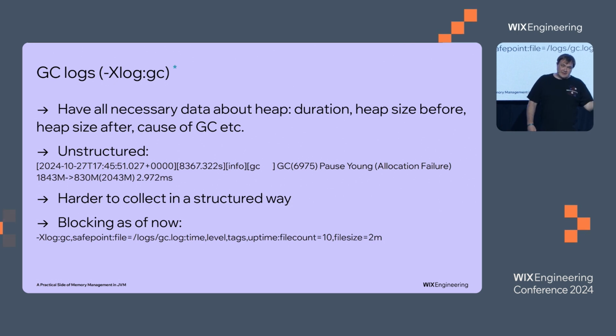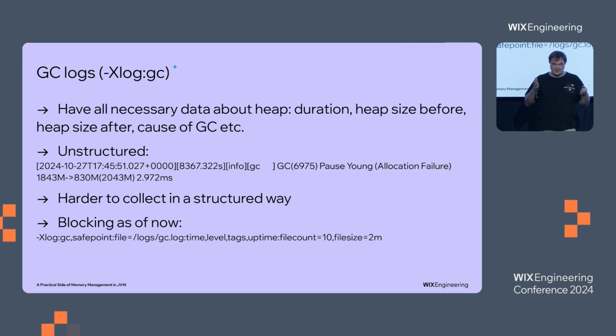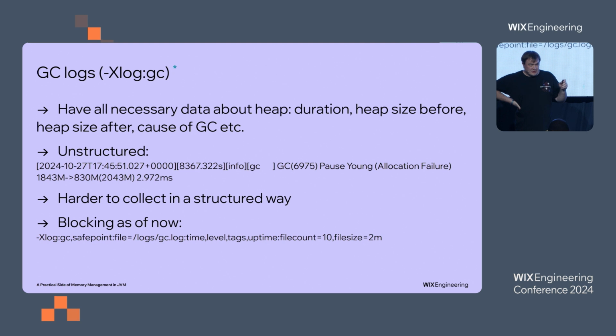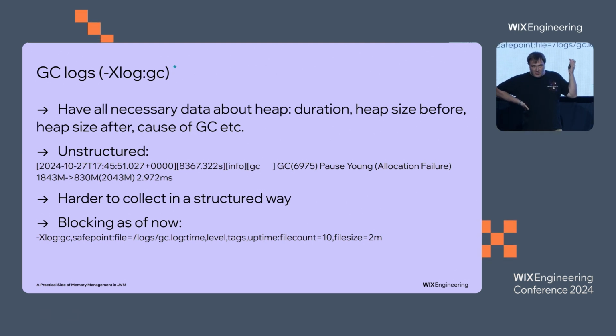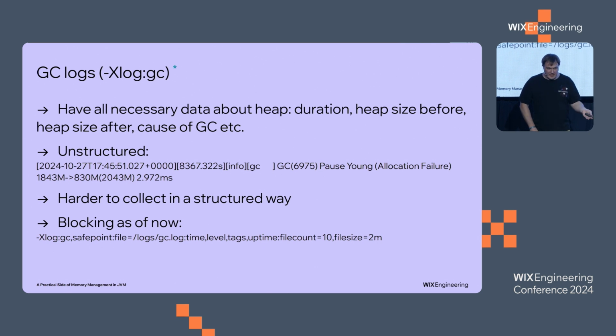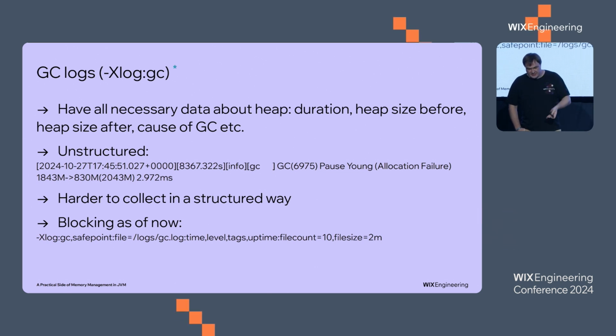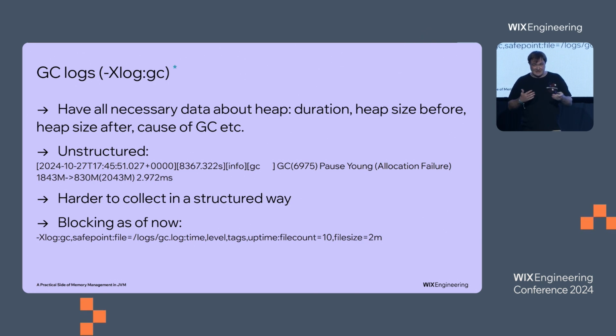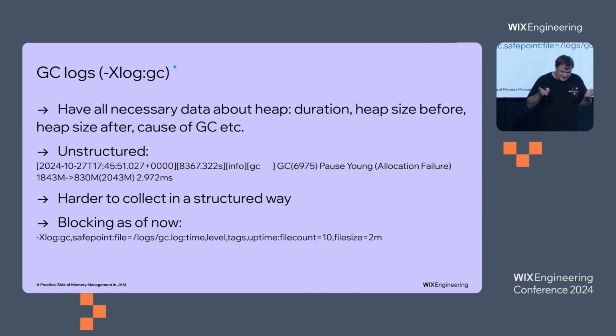Another cool feature of the JVM is GC logs. Not only GC, but we are going to talk mostly about GC now. So GC logs actually have all the necessary information about the garbage collector: why it was run, how much memory was freed, and so on, and how much time it took. The problem with GC logs is that they are unstructured, so it's hard, hard-ish, to parse. Of course, it's possible to parse, and there are parsers for